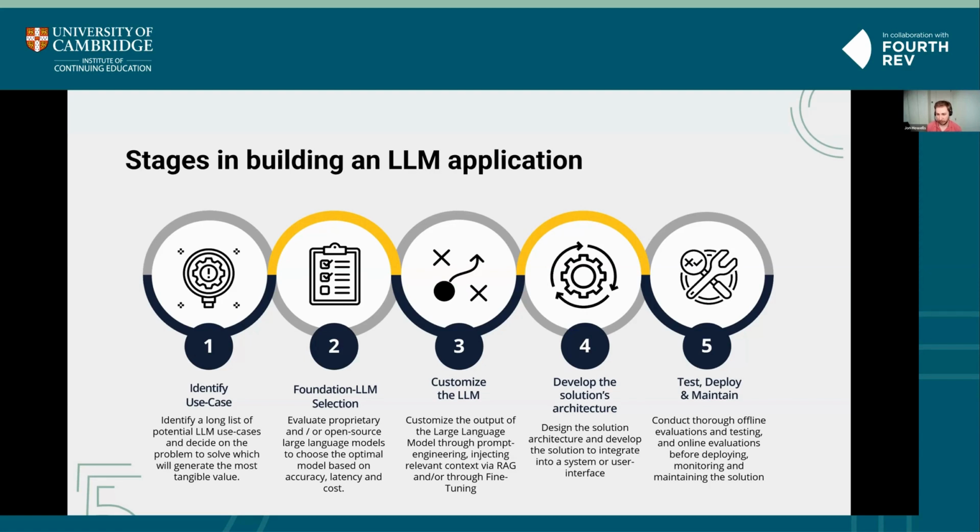Again, that could be via an API or within another communication mechanism. And finally, testing, deployment, and maintaining. In machine learning, evaluation is always incredibly important. So spend time to conduct thorough offline evaluations on test data. There are evaluation frameworks out there, and I can talk about those a bit later, but actually none of them are perfect, and using human annotation and human evaluation is still an important step.